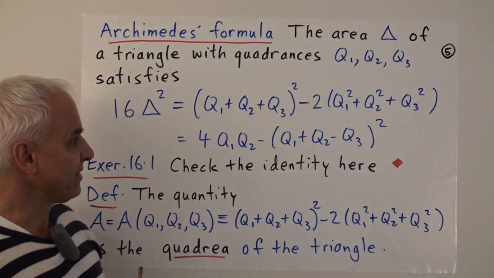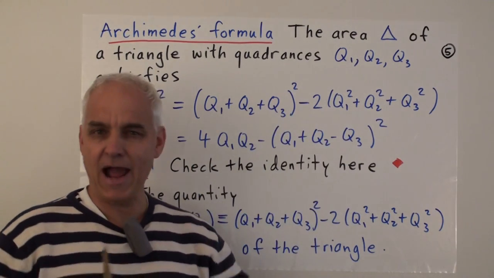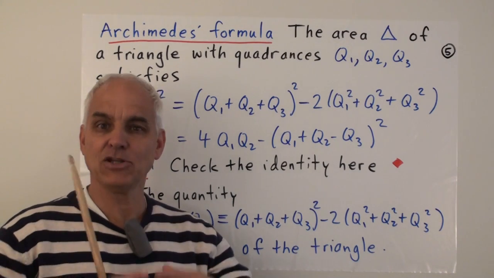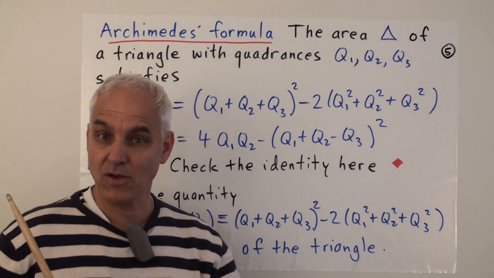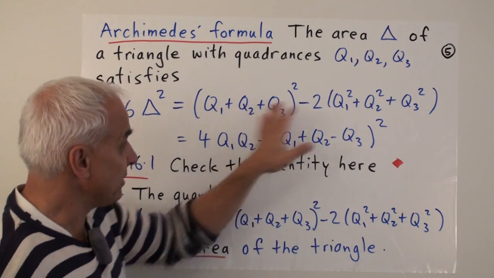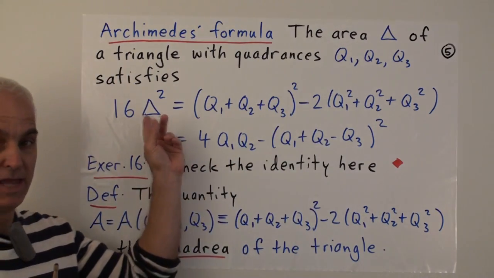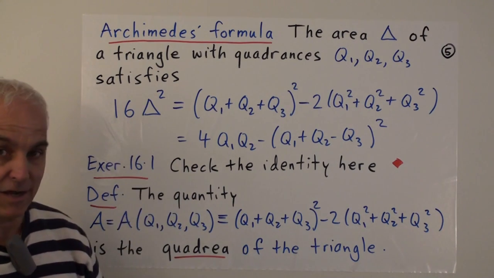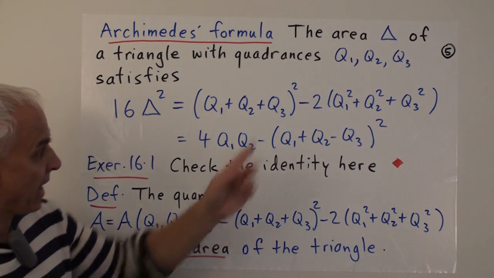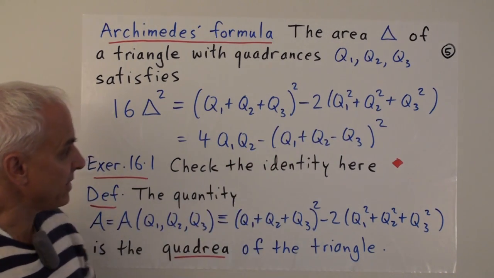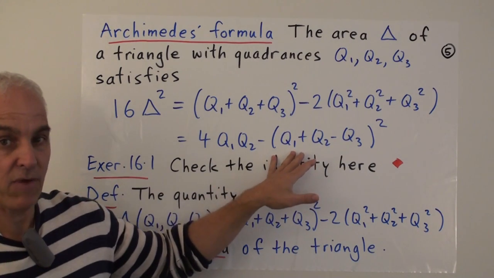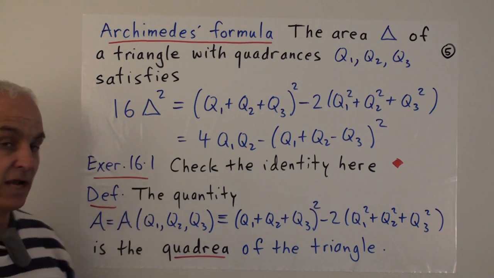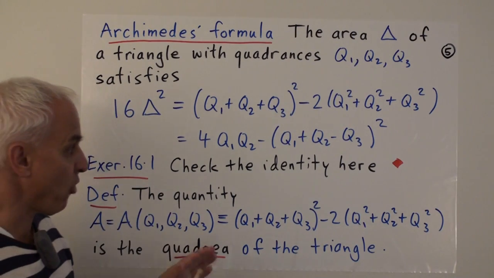What we're seeing now is that this expression extends not just to collinear points on a line, but to an understanding of the area of a triangle in the plane. It's exactly the difference here that is measuring the area, or more precisely the area squared, with a factor of 16 out front. And I also rewrite this formula in this way. This is an important alternate way of writing it. So the equality between this and this is an identity, which I'm going to leave to you as an exercise to check.